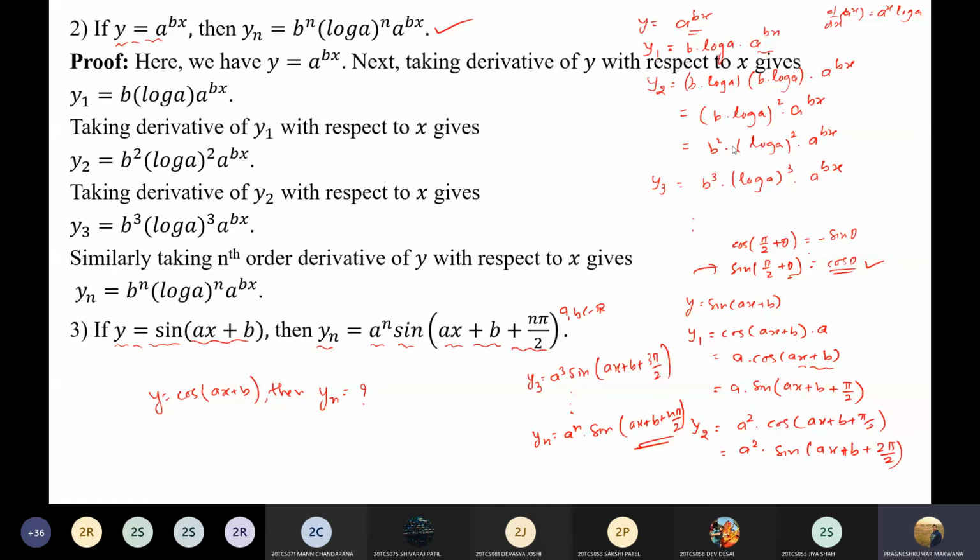Sir, I have a doubt. In the last step here in y2, you have written cos(ax plus b plus pi/2) and then you have converted it into sine. But sir, that 2 pi by 2 will be ax plus b plus pi, no? But here you can generalize, so you can write this as 2 pi by 2. Because we generalize this result, you can write 2 pi by 2, and easily identify 3 pi by 2 and so on up to n pi by 2.